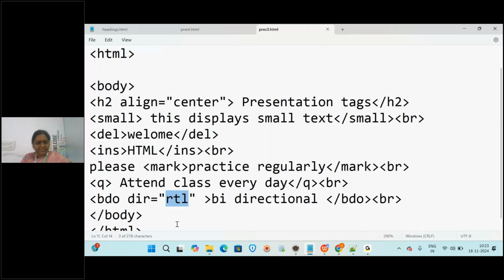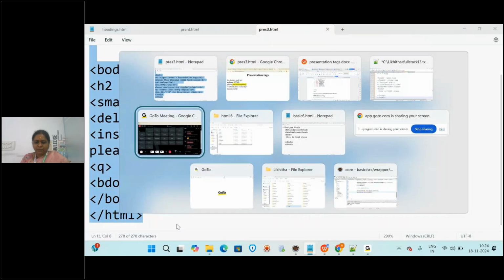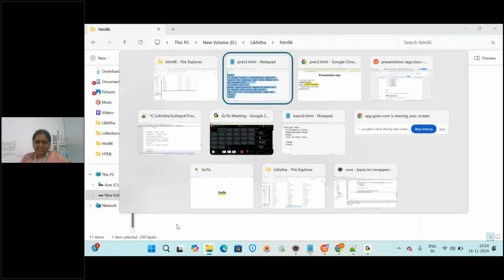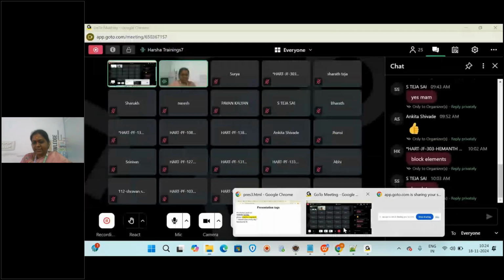I'm going to share this example in the chat box also. Online students, if you want to practice before the notes get shared, you can just practice this.